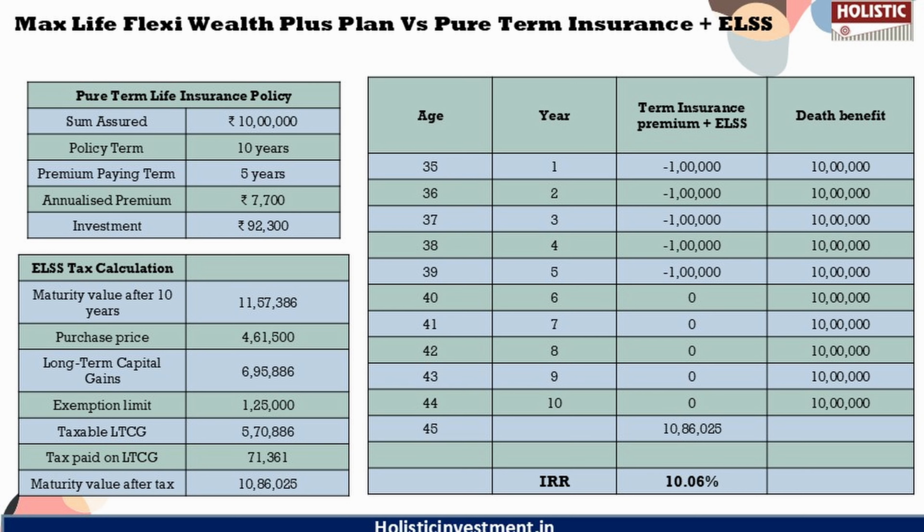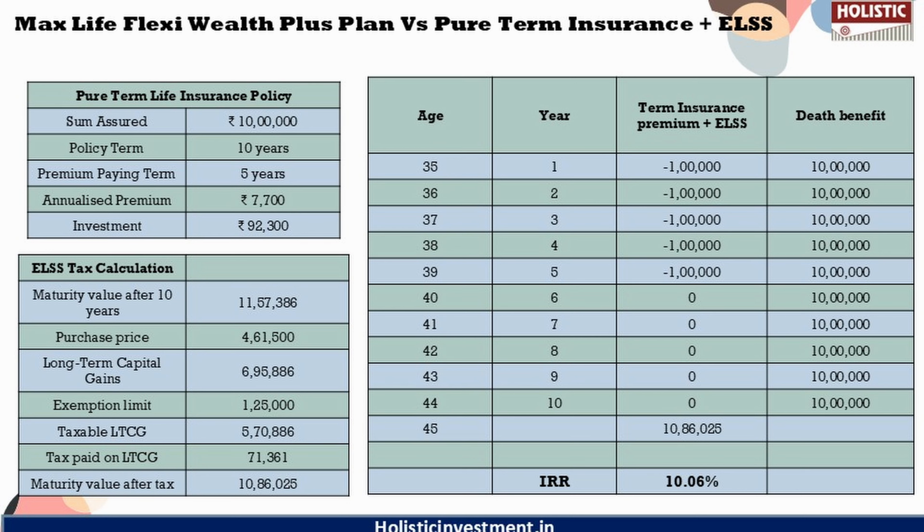based on a risk profile. So as we are comparing with the ULIP policy, which has market risk, for a fair comparison, we have also taken up investing in the mutual fund ELSS fund. ELSS fund also has market risk because it is an equity linked savings scheme. So at the end of 10 years, the fund value, which is post tax, would be 10.86 lakhs. So the post tax return IRR would be 10.06%.